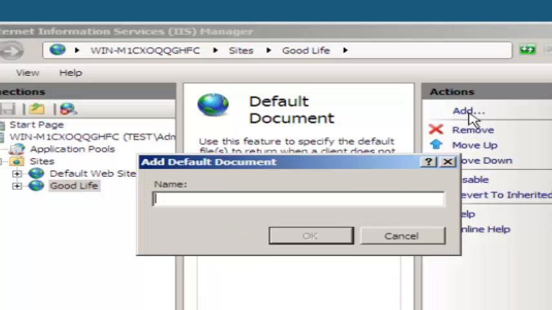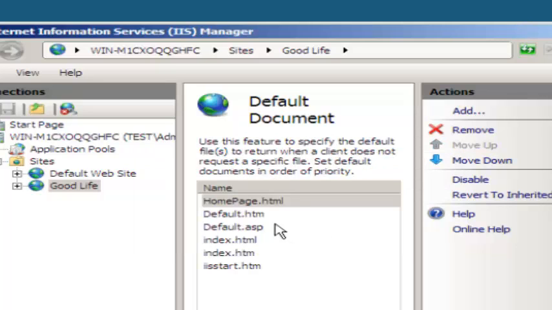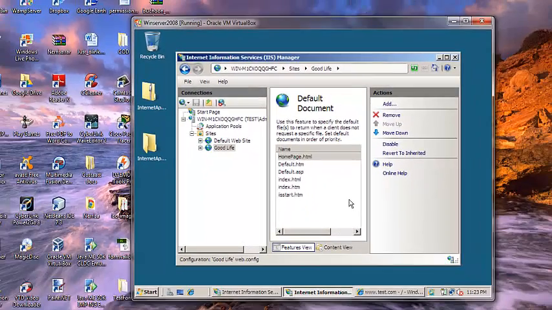So what we do is add, and the name of mine is homepage.html, and click OK, and we will move this one to the top here. Right,